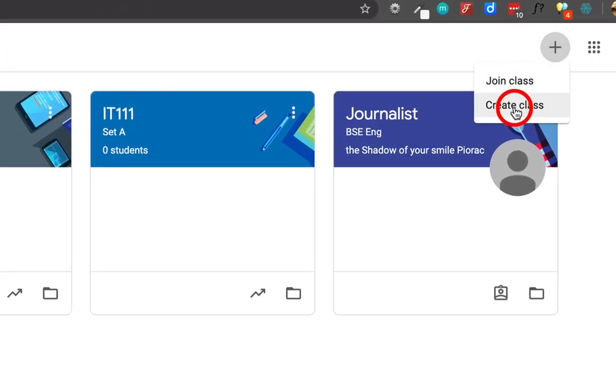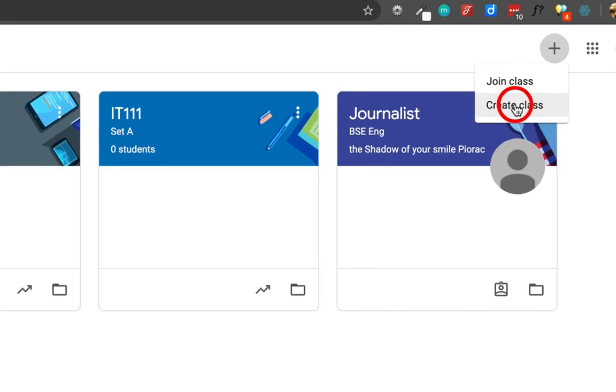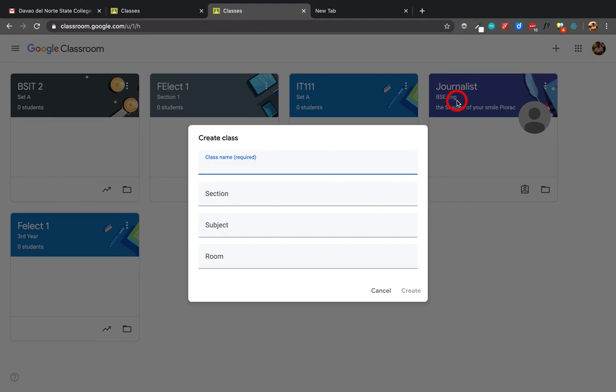Since you are teachers, all you need to do is click create class. Or if you are a student, you can click join class. So it's create a class. Then you need to type the name of the class, the section, the subject, and the room. For example, my class is IT 222, Set A,